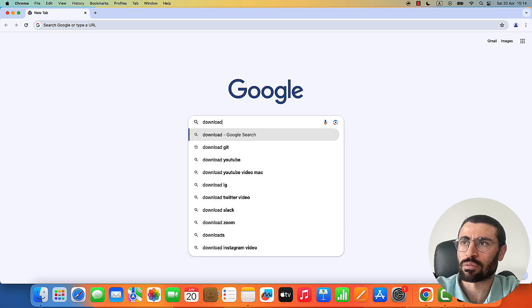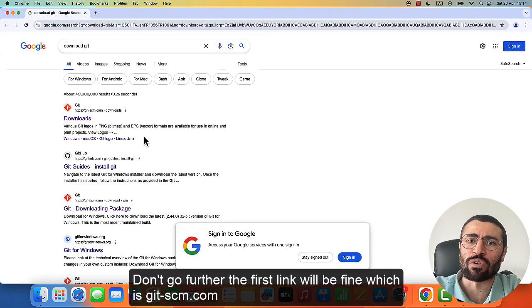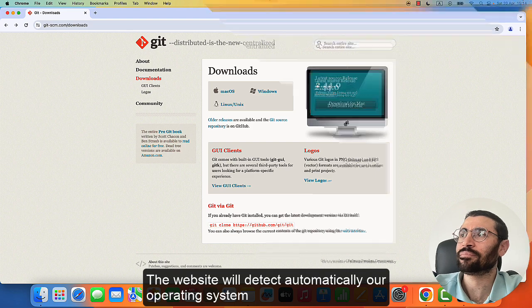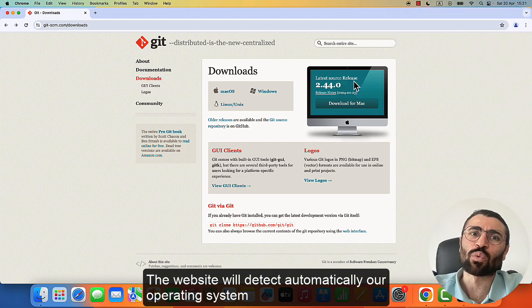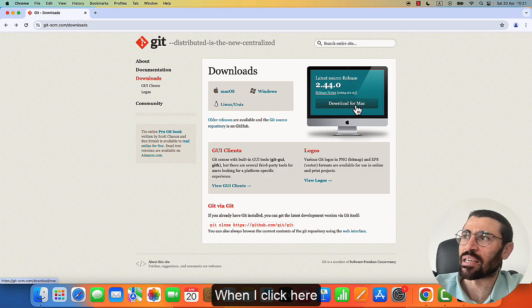Download Git. Don't go further. The first link will be fine, which is git-scm.com. The website will detect our operating system automatically and will propose the corresponding binary. In my case, I will download it for macOS. When I click here,